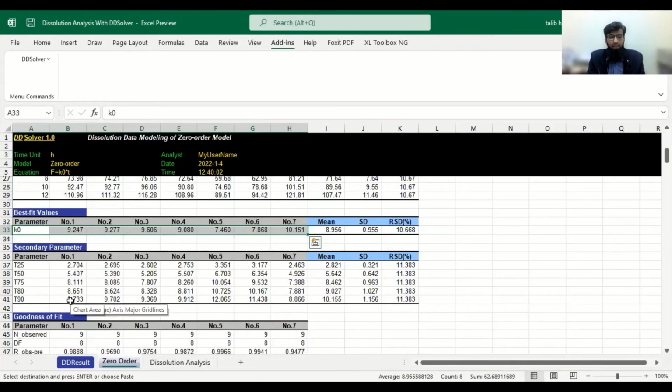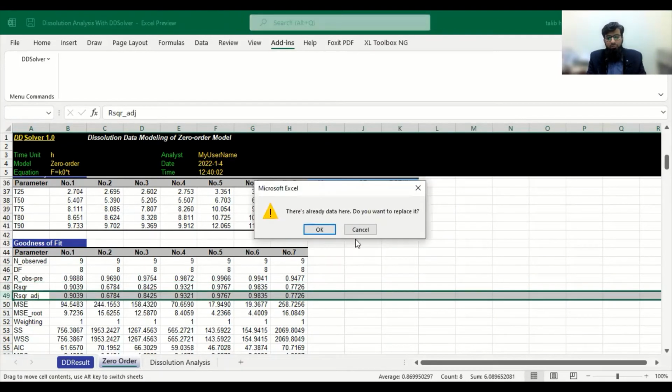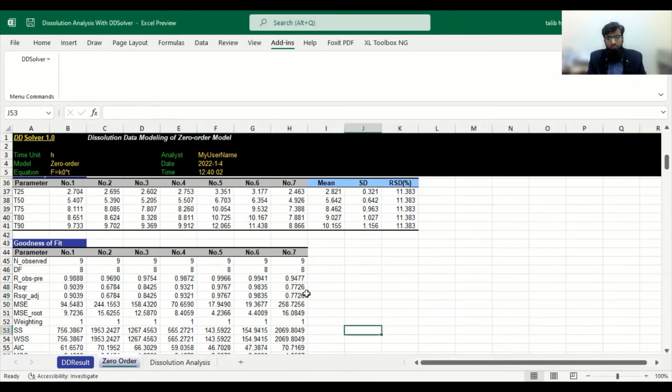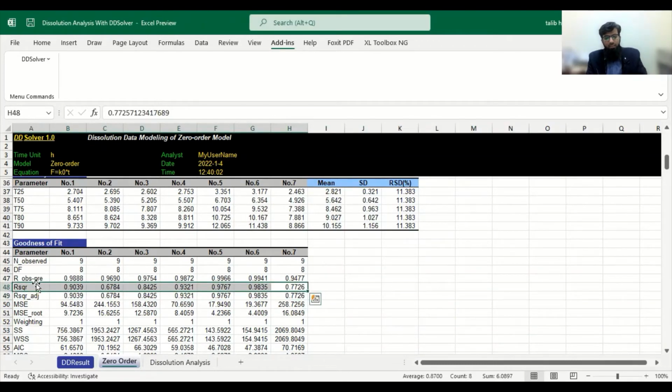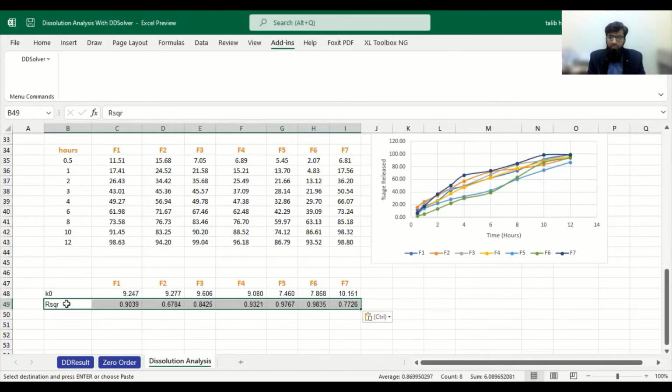Secondly, the required value is R square. We have to copy this R square value because we will use this R square for model evaluation. For example, whether this concentration is following the model applied.